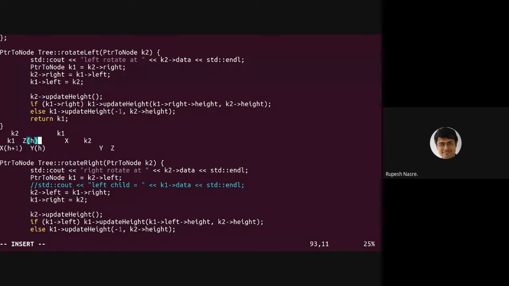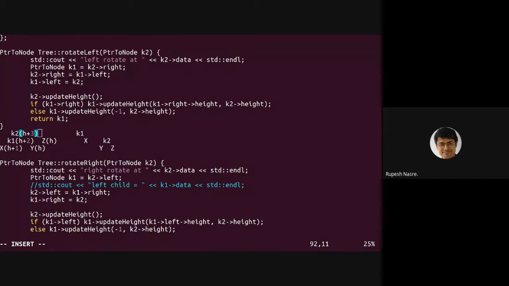Height meaning how many levels there are from the leaf of that subtree, right? So we count from the bottom. We said that Y and Z have the same heights. K1 is at height h plus 2, and therefore K2 is at height h plus 3.